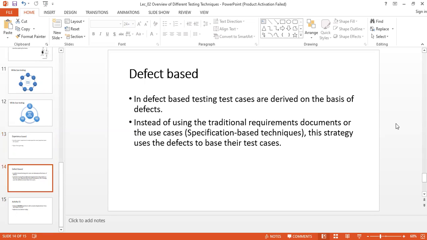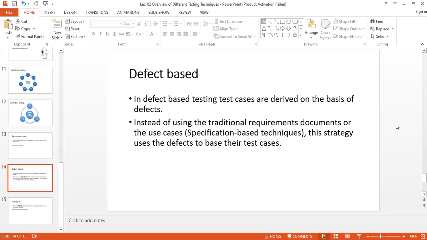When it comes to the defect based testing technique, the base is not the experience but the defects, right? That is some sort of high-end testing mechanism. In defect based testing, basically test cases are derived on the basis of the defects.